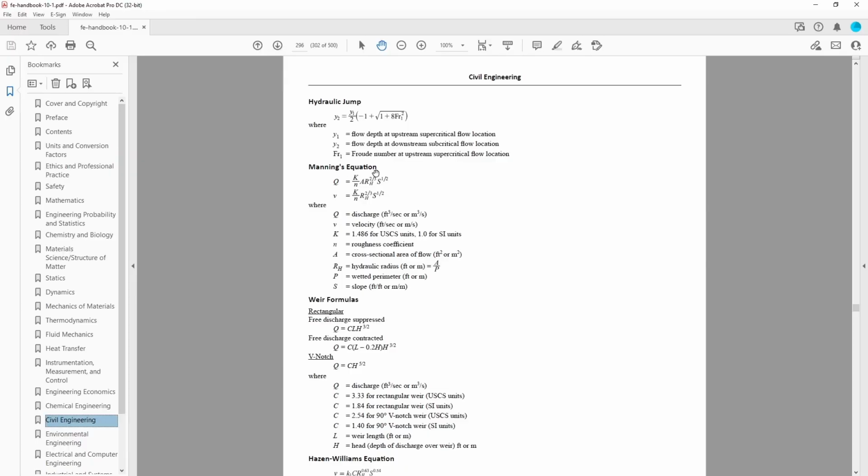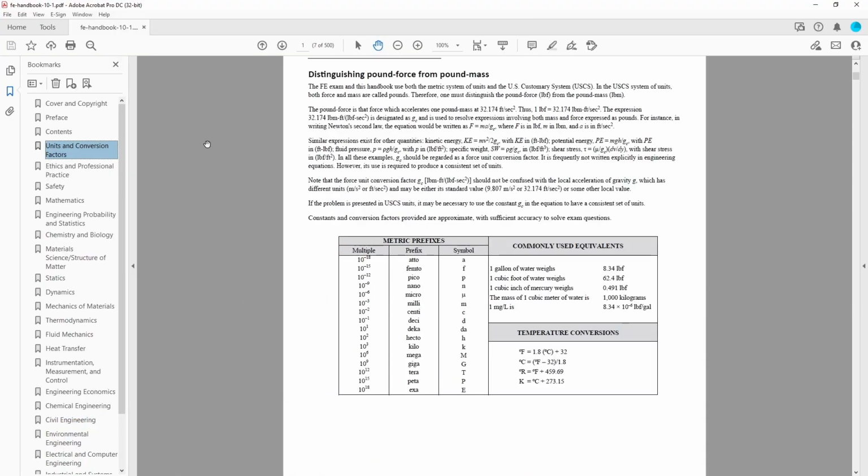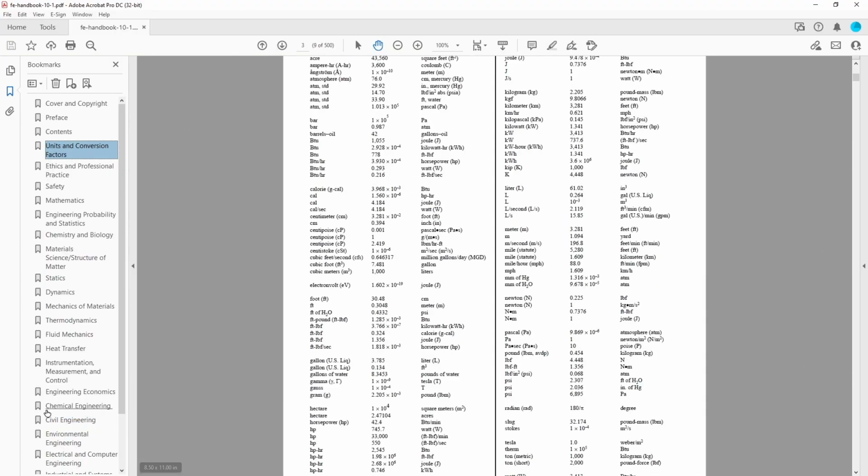So there are some conversion units that you will encounter a lot during the FE, and I recommend that you memorize them, and here's why. Let's say you are doing a problem under hydraulics, which is under civil engineering, and you have to convert from gallons per minute to cubic feet per second. In that case, what you would have to do is go to the units section, grab the conversion factor, come back to the hydraulics section so that you can finish up the problem.